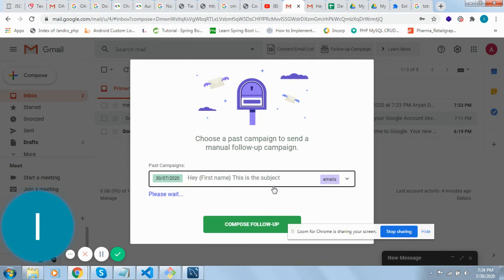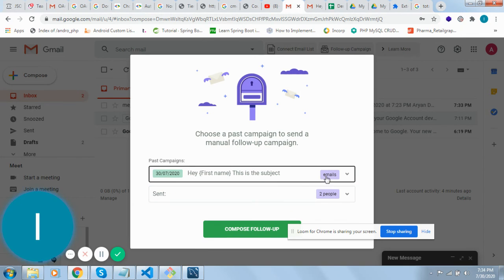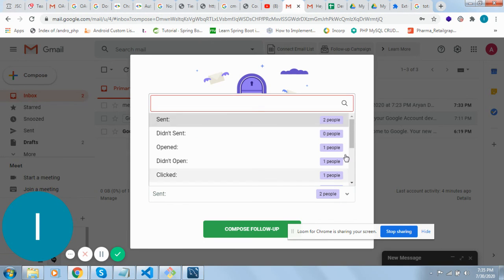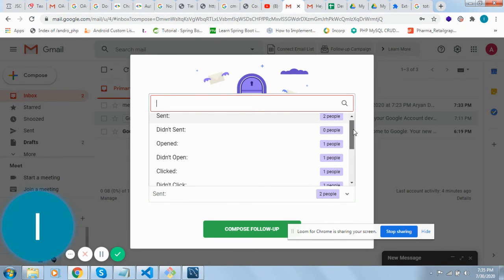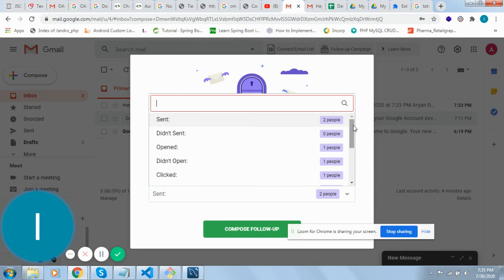So if you select a particular campaign or a particular campaign subject, it will fetch all the things: to how many email addresses you have sent the mail, how many email addresses the mail has been successfully sent to, and how many didn't send, if anything is wrong in the email address and the mail for that particular address is not being sent.